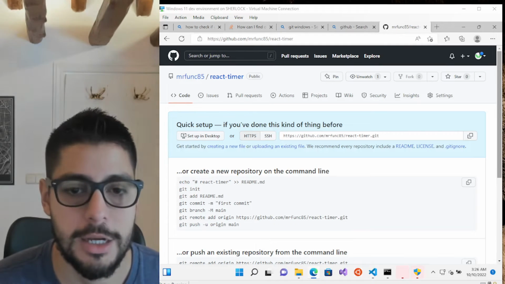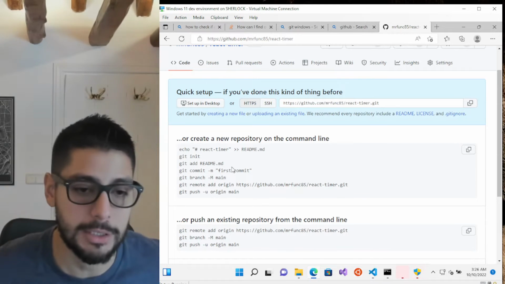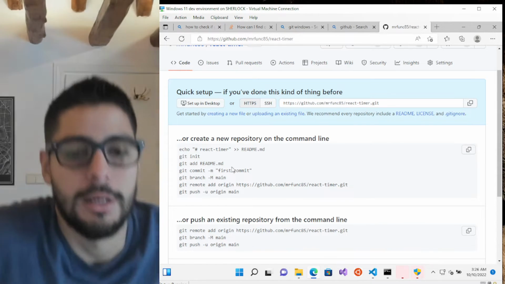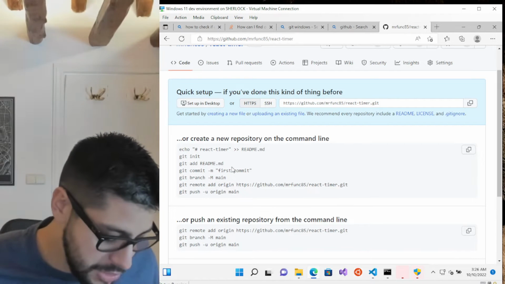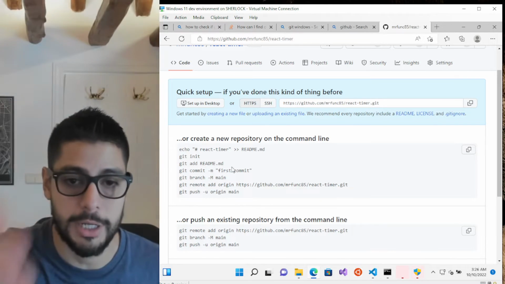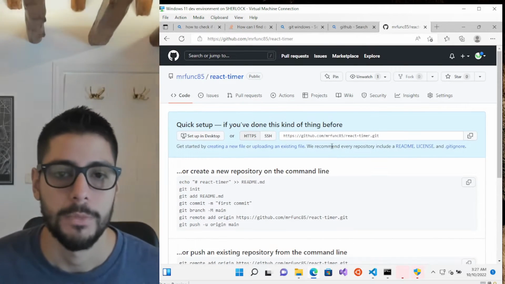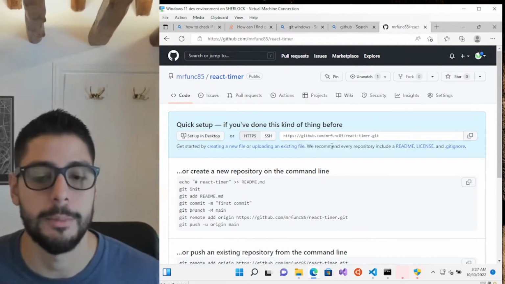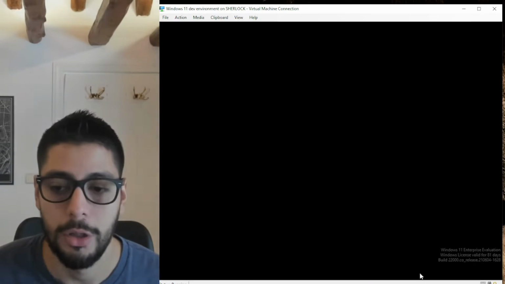we can go ahead and initialize a local repository. So the way Git works is that it'll maintain a local copy of a repository in every machine. So imagine there is this repository we're looking at right now in GitHub, which is empty. And it's called React Timer. And I'm going to create another repository locally